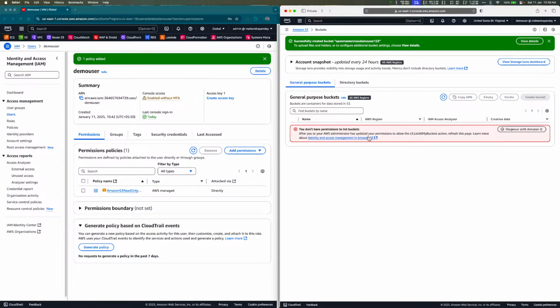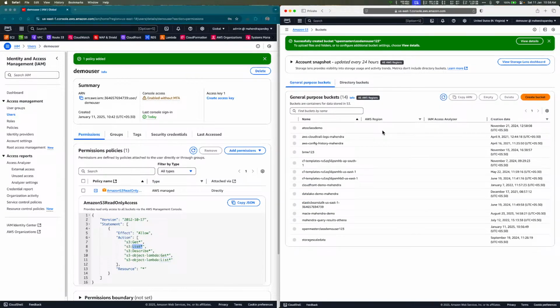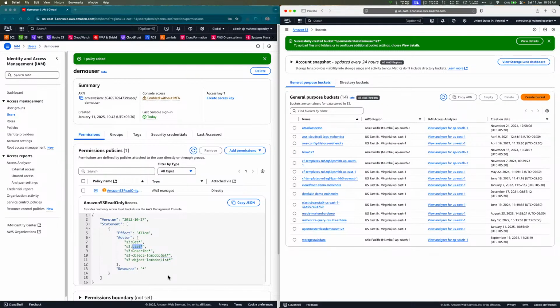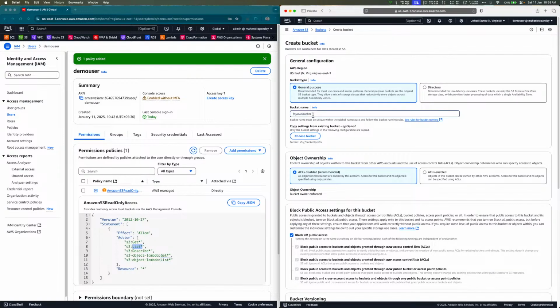after you or your AWS administrator has updated permission to allow list all my buckets action, you can see list all my buckets. Do we have list related action here? It shows, so maybe it takes a little bit of time to update and propagate. Here it is. So I can list since it has permission for listing, but since there is no create, if I go ahead and try to create a bucket